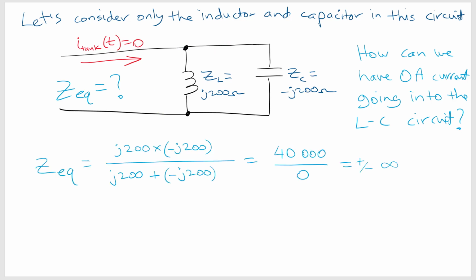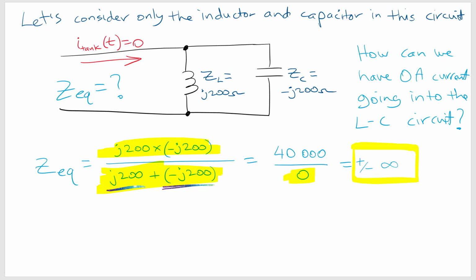Well, we use our parallel formula. So it's just the two impedances multiplied together on the top, and then the sum of the two impedances on the bottom. Now, since the impedances were equal but opposite, we can see the denominator goes to 0. And then the top is 40,000. And when we resolve this, this is an indeterminate answer, and it basically either goes to positive infinity or negative